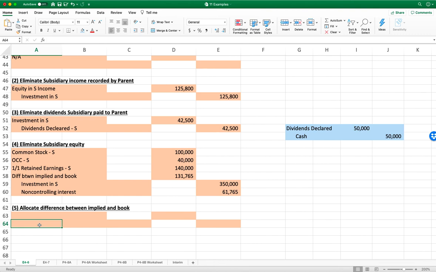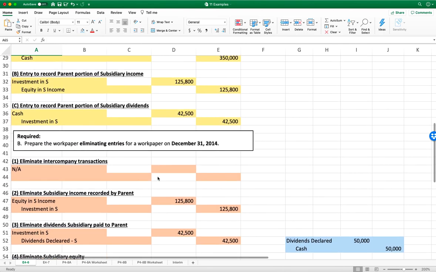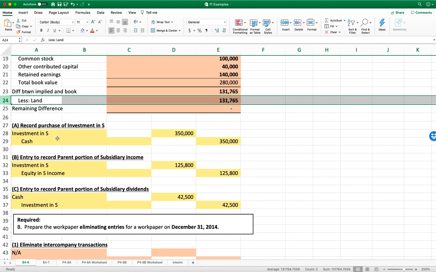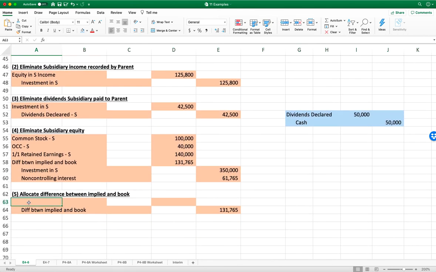So it was a debit, we're going to credit it. And we're going to use that to increase any assets or liabilities to their fair value. And once we've done that, anything left over will go to goodwill. In this case, they told us the entire difference is due to land and that we need to increase the value of land. So that makes sense. Land is an asset. Assets get bigger with a debit. So we're going to debit land for